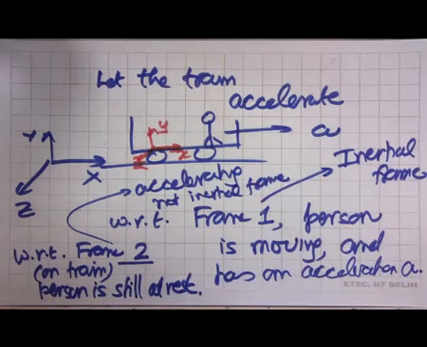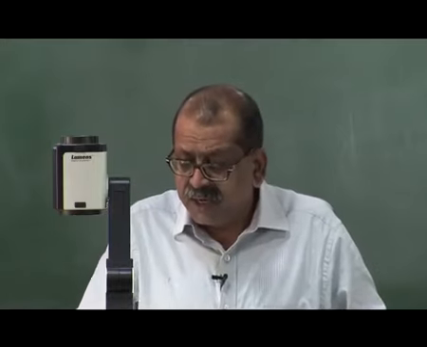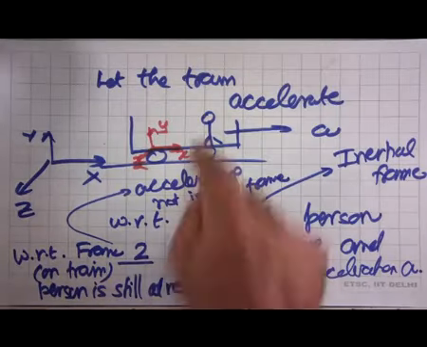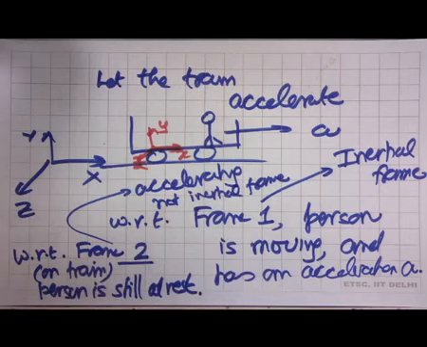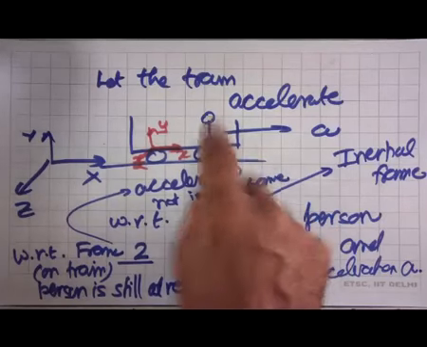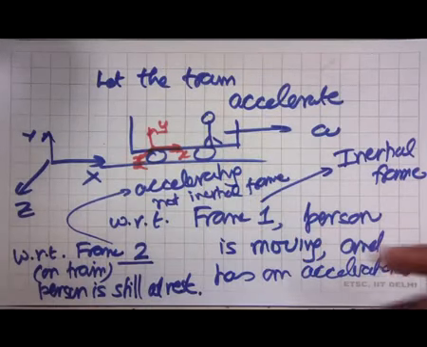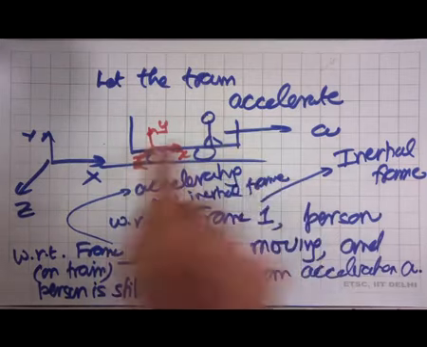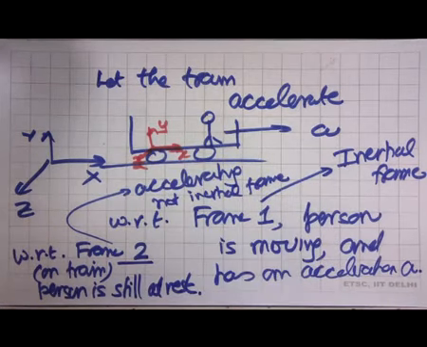So, therefore, for Newton's laws to be valid, when we look at this person with respect to an inertial frame, the person is moving. That means the person is accelerating. So, there has to be some force acting on this person which will cause it to accelerate. Had we looked at this person from frame 2, we would have said the person is not accelerating. So, there should be no force, but there has to be a force because